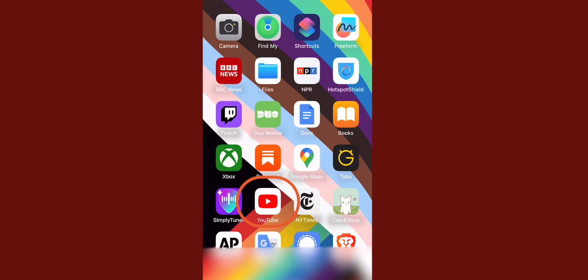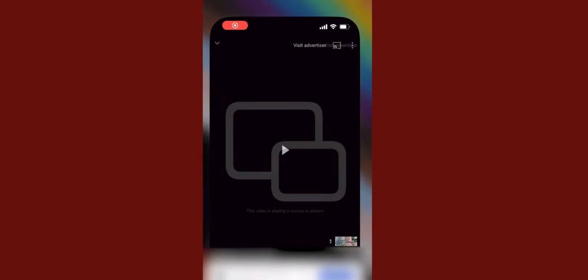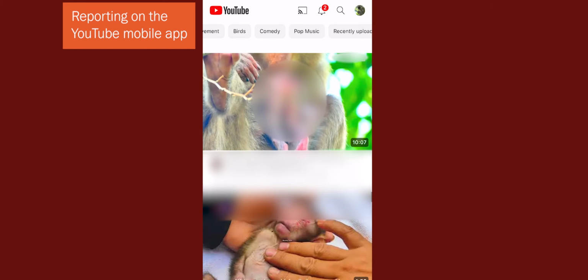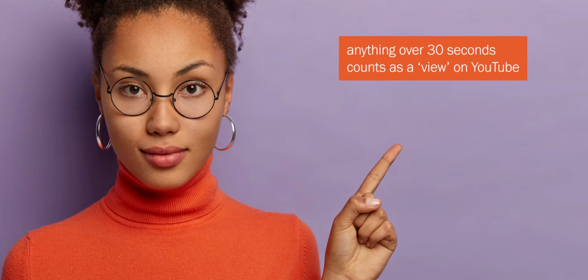So, before we do that, I want you to change some settings. When you go onto YouTube, you will note that often the videos play automatically by themselves. We don't want that. We don't want them automatically getting views. If you watch for more than 30 seconds on YouTube, it gets a view and it counts towards their metrics. You want to make sure that you're turning off all autoplay options.